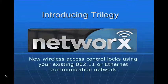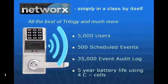Okay, this last segment that we're going to talk about is going to deal with our latest product called Networx. Networx is a Trilogy lock, but we've done something very unique to it. Basically, we've added a radio to the back of the lock so that we can communicate to it wirelessly using a customer's existing network. So let me walk you through a PowerPoint that helps to understand the product and paint a picture for you